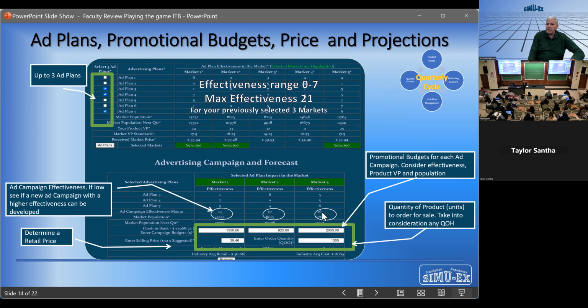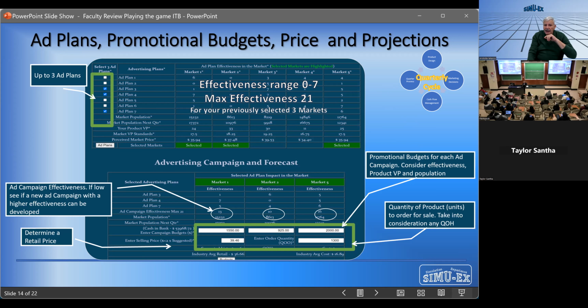And so remember, customers need to be made aware of your product. And to be made aware of your product, you need to advertise. You need to promote. And so how much you spend promoting will increase the awareness of your product to that particular market.